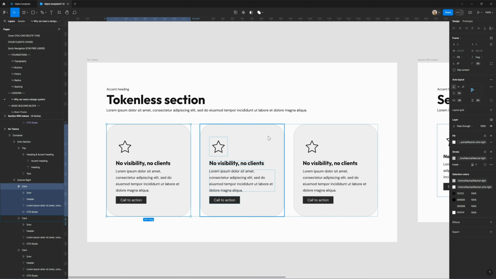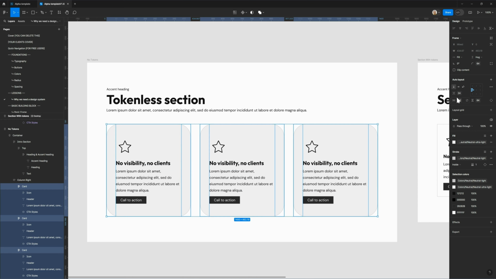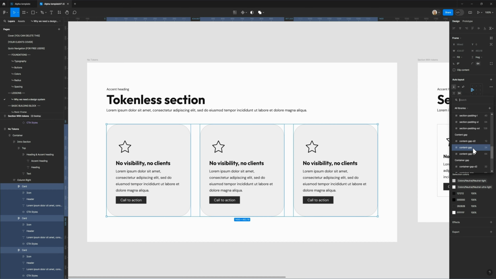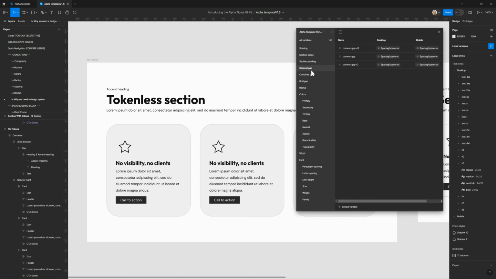But if you just had the content gap on it, and you could say, okay, I want this to be larger. All I just need to do is the following. I just need to go to my local variables, go to content gap, and then change the space M token to L. I'm not going to do it now because I don't want to. Well, let me just do it quick. Let's do it real quick. So I change this to L,